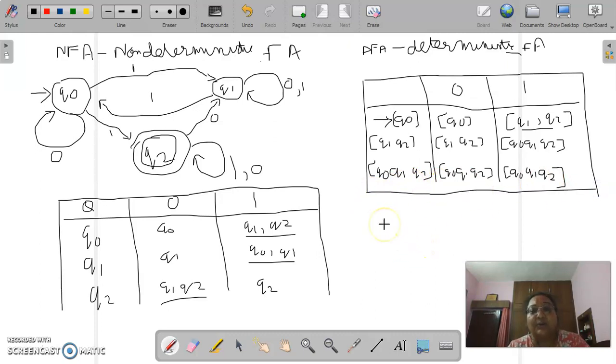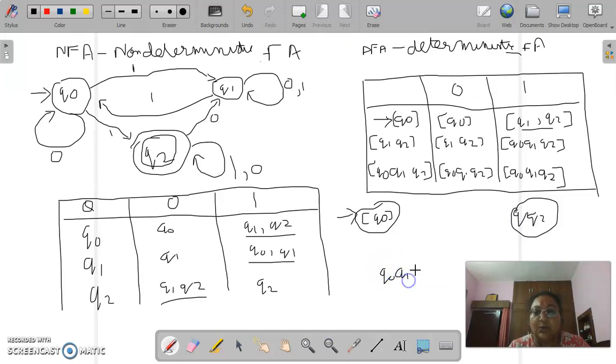And how are we going to draw the diagram for this? We will make the state Q0, and this is the initial state. Then we have the state Q1, Q2, and then we have the state Q0, Q1, Q2.